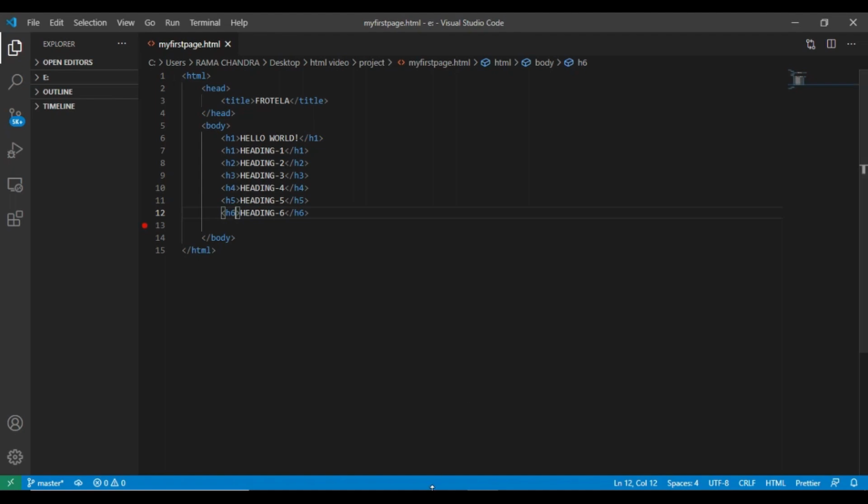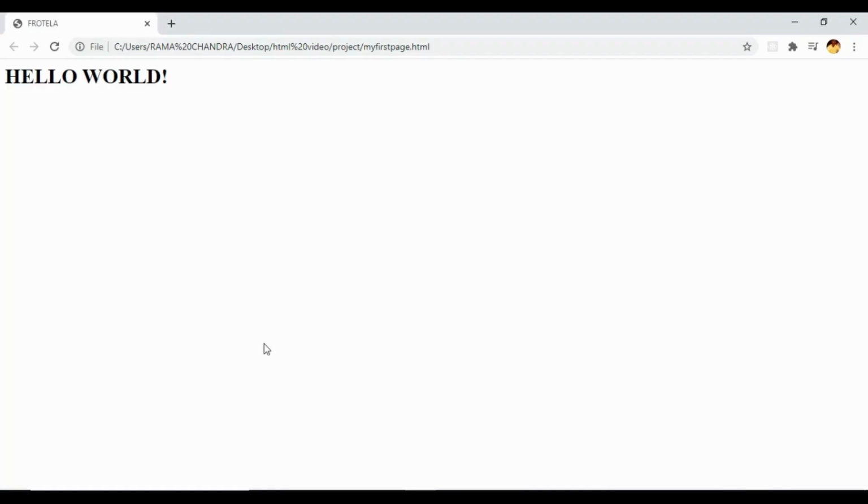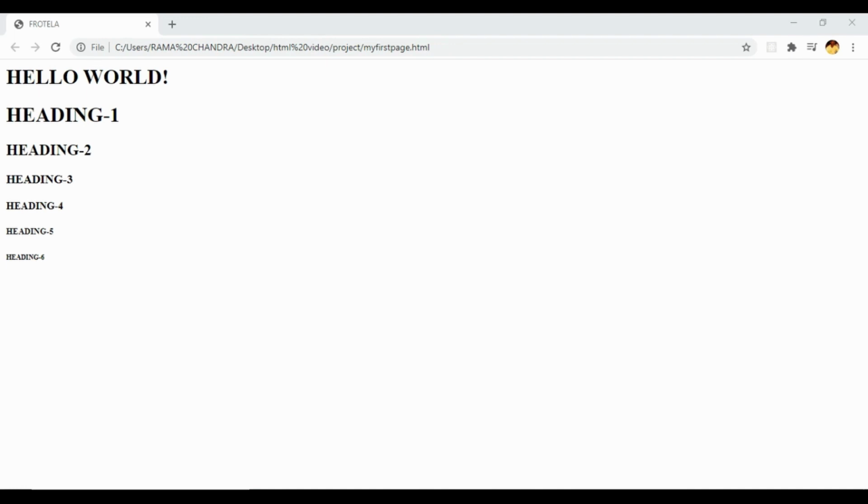Save it. Let's refresh the browser. As you can see, by using different heading tags, the sizes of the headings are decreased.